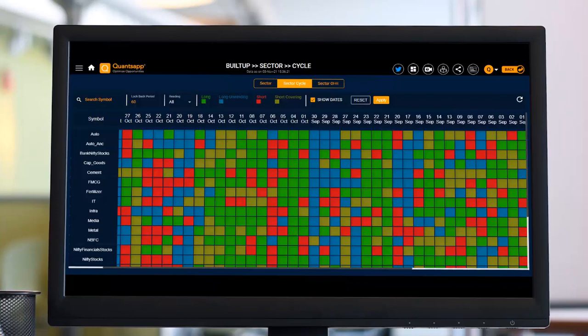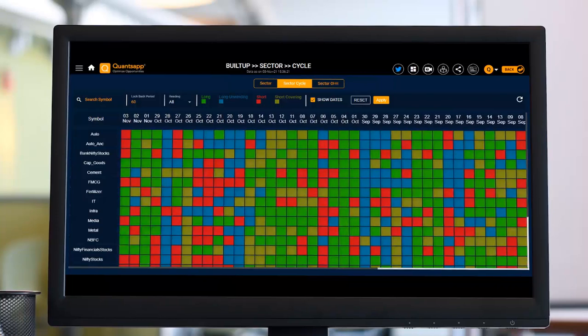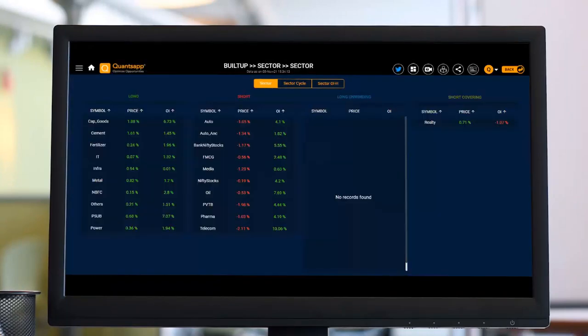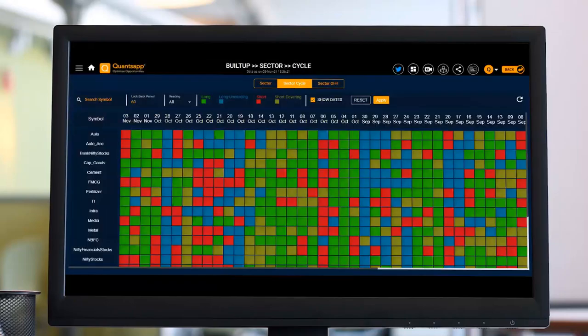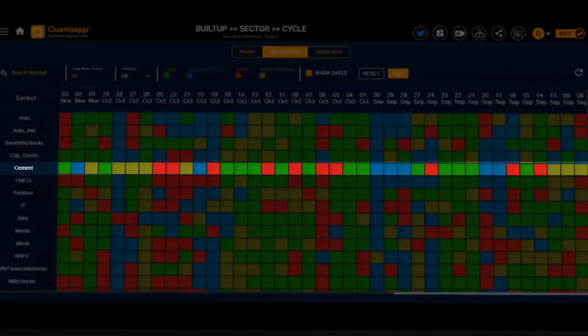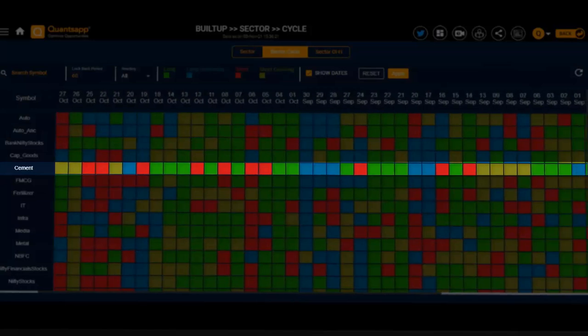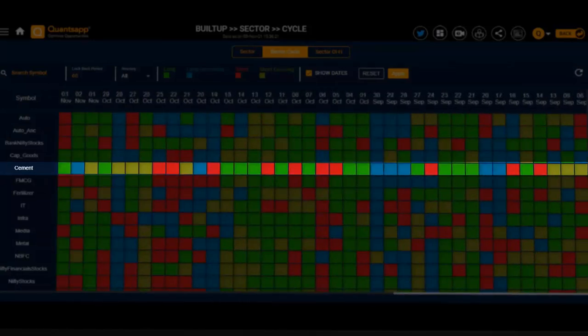And as I said, the instrument will always have those dips and then it will move. It won't be a scenario where an instrument gives a rally from point A till point B. So it was capital goods which we had on our radar list from the sector panel. We can do it similarly for cement as well. If we see cement, there are 3 shorts, a lot of short build-ups happening, but still recently there is good momentum being picked up, wherein the short positions which were built up are getting covered and fresh longs are starting.